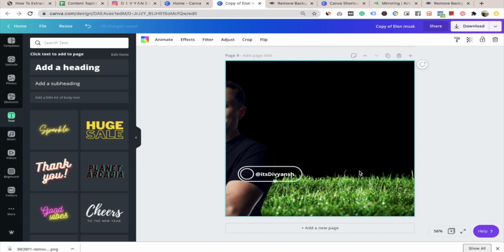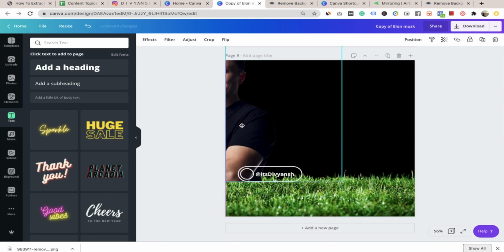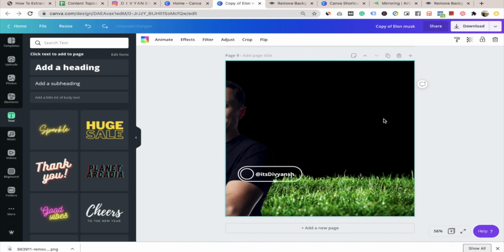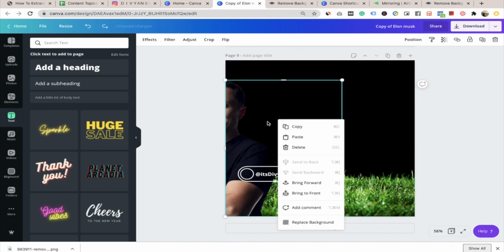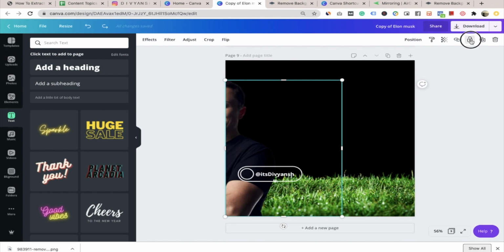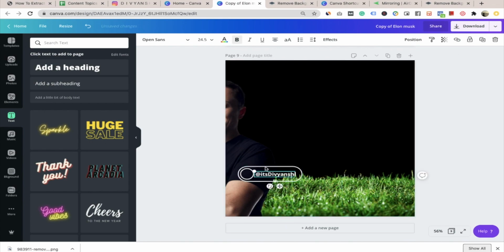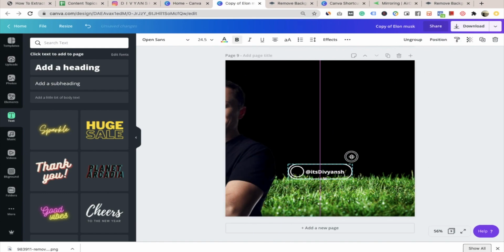Otherwise, what is the way to go about it? You just need to select, okay, just give me one moment. I have chosen wrong image here, so let me quickly put a lock on this. Okay, so here you can see these are the elements that you go to this option called group. Once you group it, if you are going to move it, both the items shall move together now, right? So if you see here, I need to make certain changes in it.